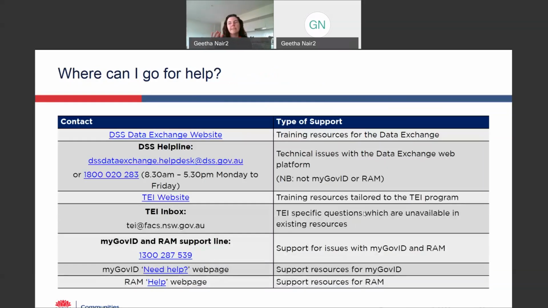As always, these are the different places you can go for help. If you have issues specifically about consent and privacy, the best place to go is to the TEI website to look at those resources I just talked about. And then you can also email their TEI inbox which, as you can see on the screen, is